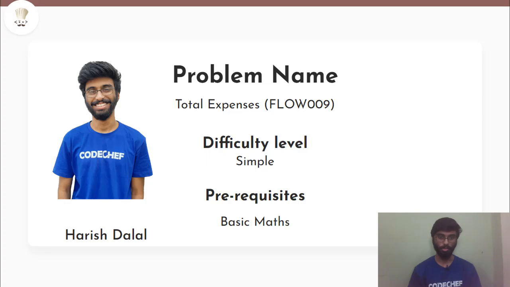The problem today we'll be solving is total expenses, which is from the practice section. It is a simple problem, the problem code for which is